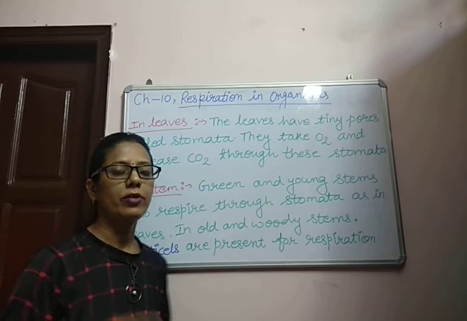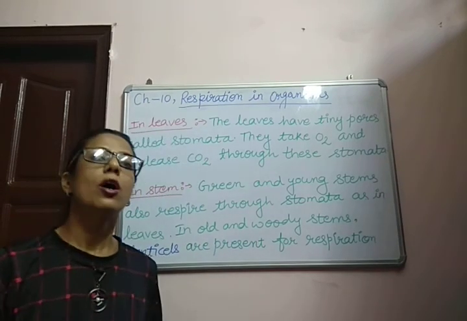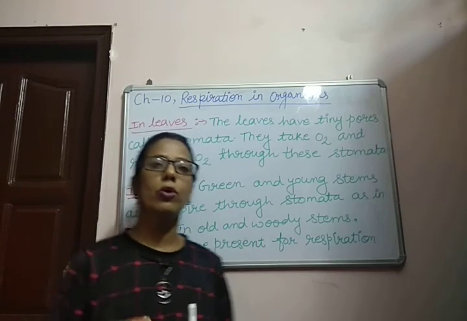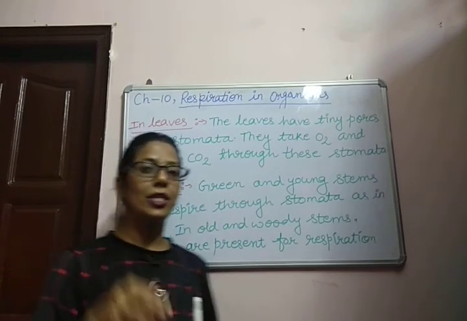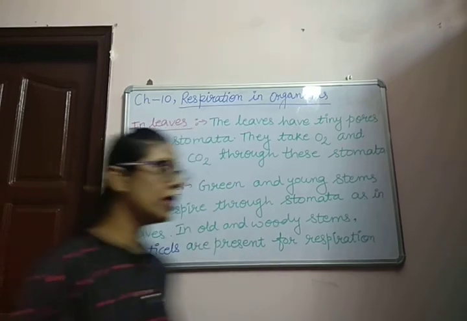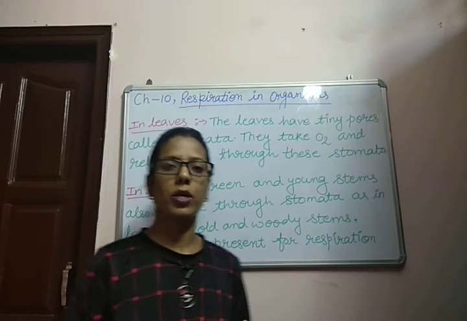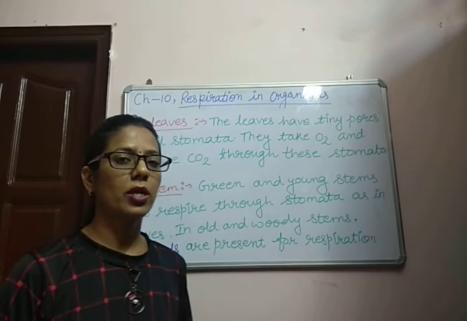The leaves have tiny pores, as we have discussed in the first chapter on nutrition in plants. For the respiration process also, on the surface of leaves, very tiny pores are present. These tiny pores are known as stomata. So similarly, on the surface of leaves, tiny pores are present. These are known as stomata. So with the help of these stomata, the leaves